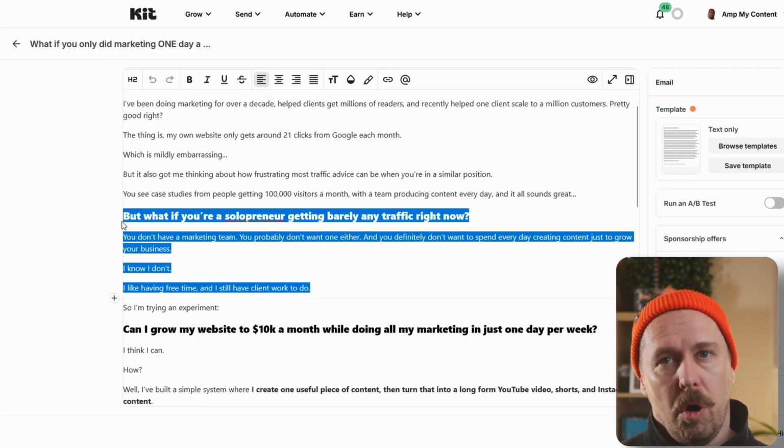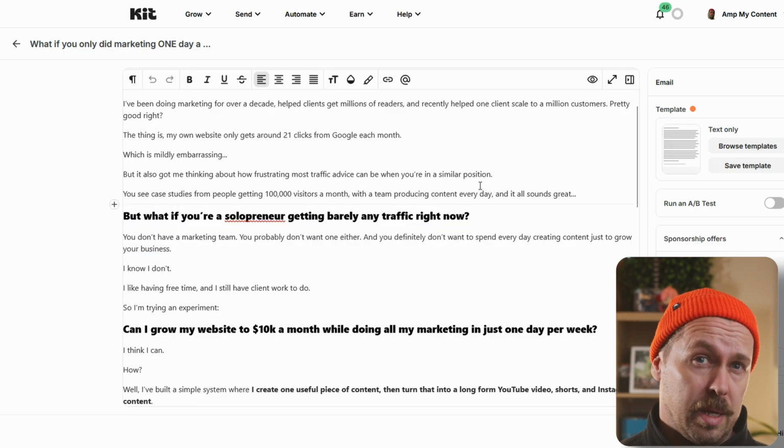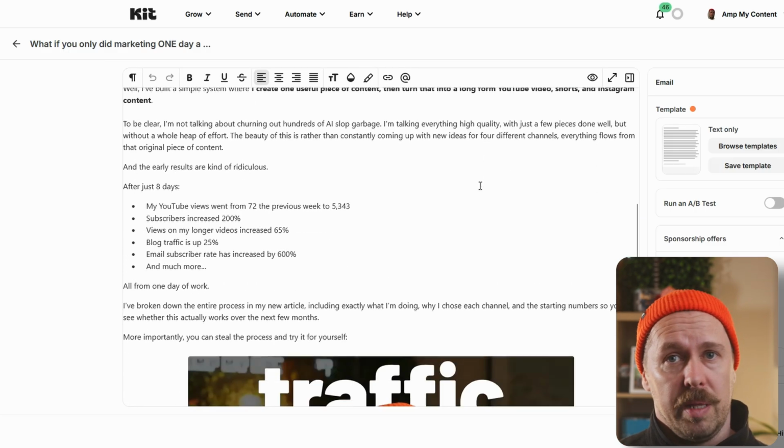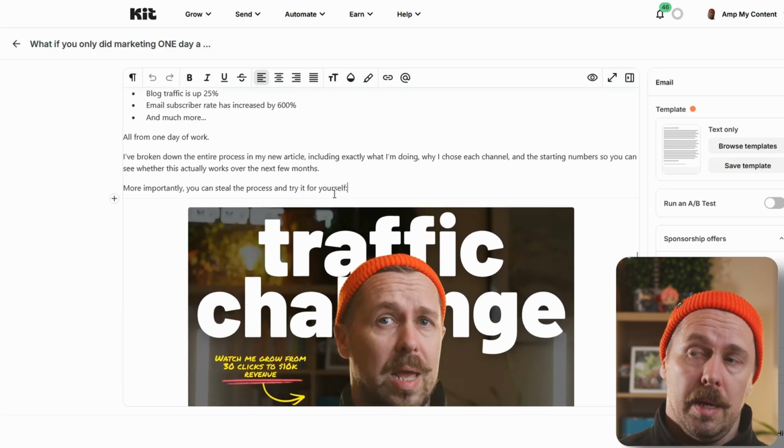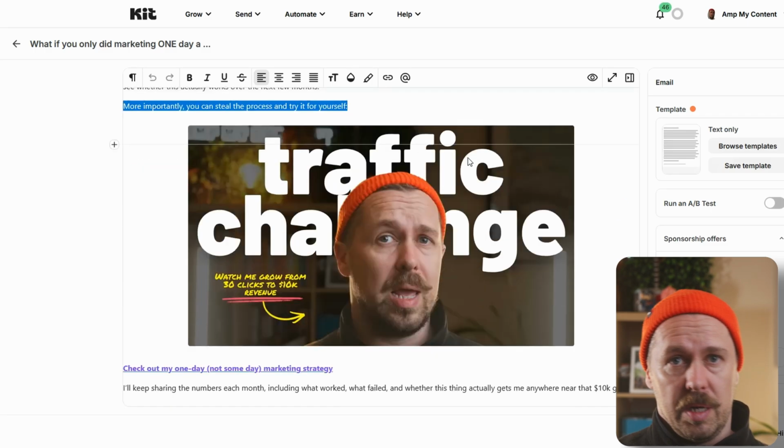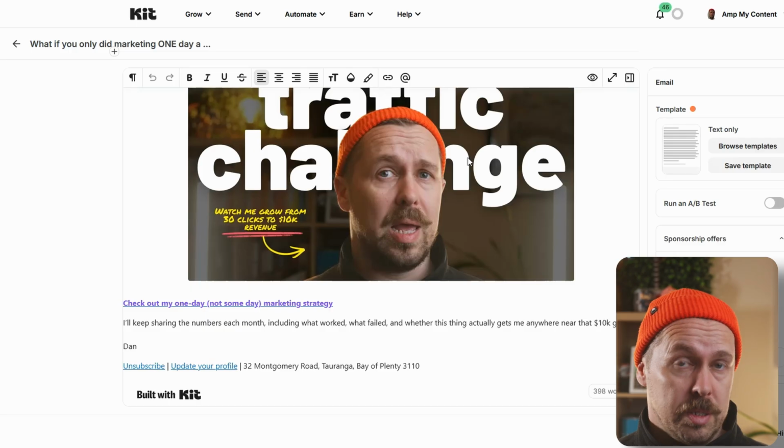Not only will this hook them more, but it's far easier to write a good headline that stops them in their tracks when you write them like this, because the headline matches the body, not the entire email body being written to match a weak headline that you wrote first. Smart, right? If you follow those steps, then your emails will get opened, read, and more importantly, clicked on so your list takes action and you make more sales.